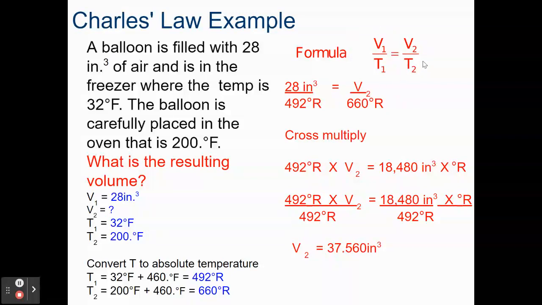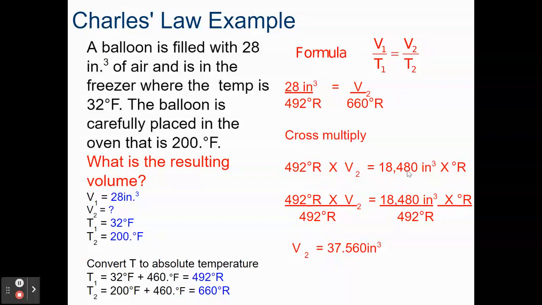All right, there's our formula, just like we talked about. Let's fill in what we know. Volume 1, 28 cubic inches. Temperature 1, 492 degrees Rankine equals volume 2, which we don't know, and temperature 2, 660 degrees Rankine. Cross multiply. I like to do the unknown variable side first, right here. So V2 times 492R is 492 degrees Rankine times V2. That's pretty straightforward. Equals 28 times 660,